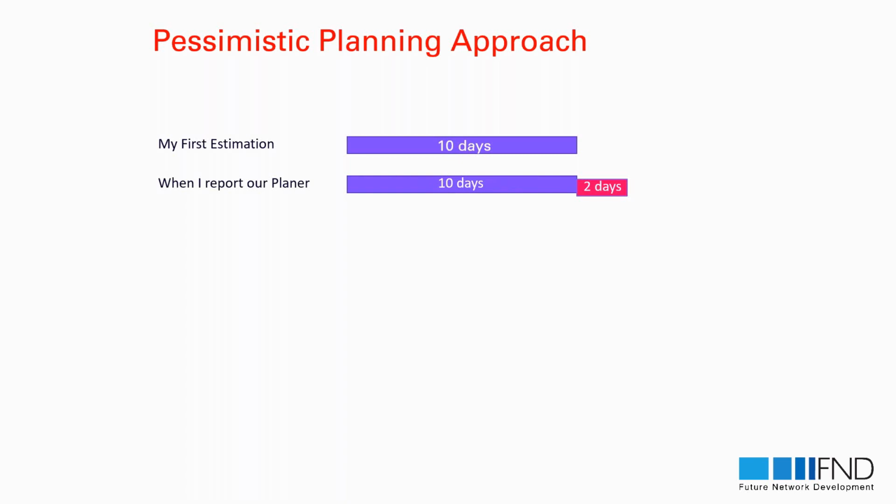My aim in saying 12 days is that if I do it in 12 days, I will be safe. So I will have 2 days more, just in case. And if I do it in 12 days, nobody will be angry with me. But if I tell them 10 days and do it in 12 days, I may have trouble. So what I do is add the risk to the end of my real estimation,